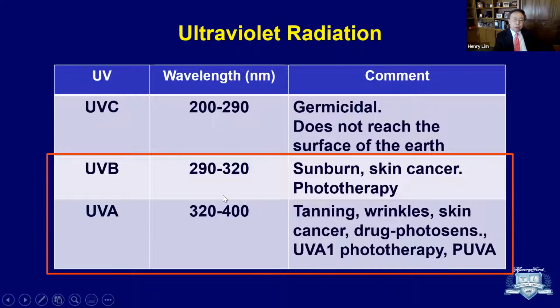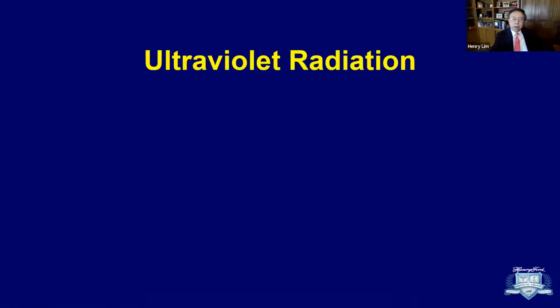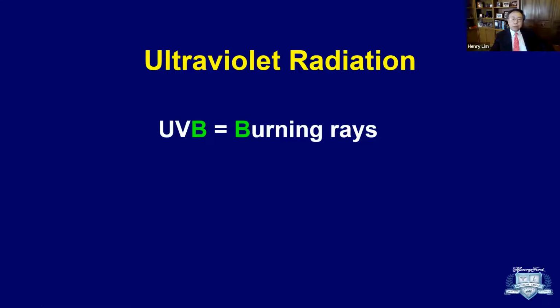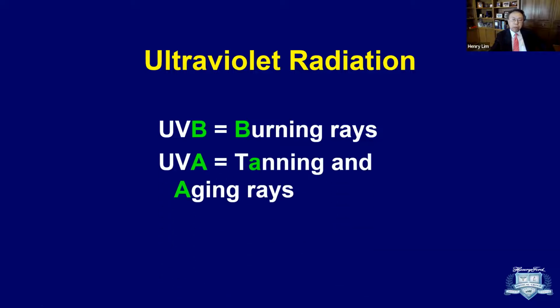UVA, on the other hand, which is the longest spectrum from 320 to 400 nanometers, is responsible primarily for tanning, for the wrinkling that one can get from excessive sun exposure over a long period of time, and contributes to the development of skin cancer together with UVB. For allergic reactions to medications, the vast majority, over 95%, are because of the UVA. Similar to UVB, we use UVA for various types of treatments to treat various skin diseases. To summarize, in terms of UV radiation, the easy way to remember is that UVB is the burning ray, the B is the burning ray, and UVA, the A is the tanning and aging ray, which is responsible